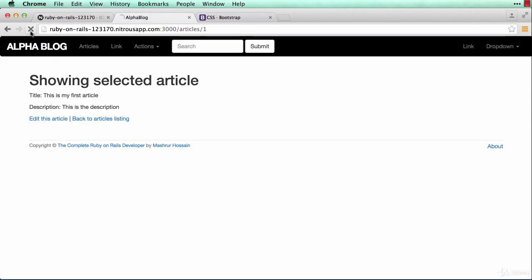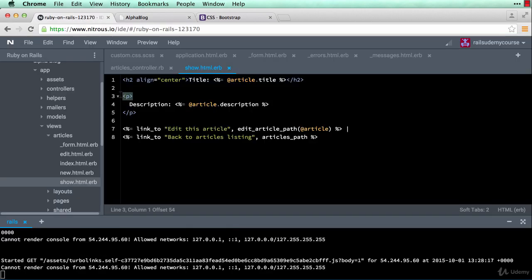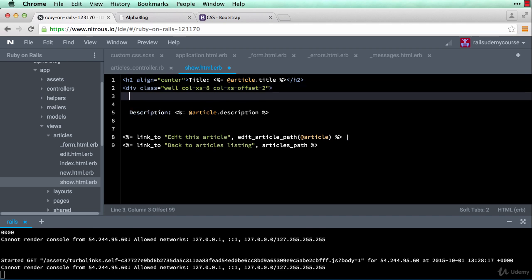Now if I reload the page, okay, much better. Now let's work on the description area. I'm going to get rid of these p tags. Okay, I'll give it a div class equals, within quotes, well, then col-xs-8 and then space col-xs-offset-2, close the div tag, and then within the well I'm going to give it a h4 class equals